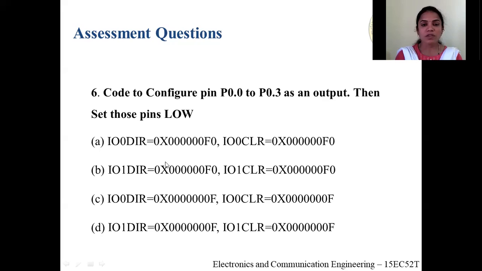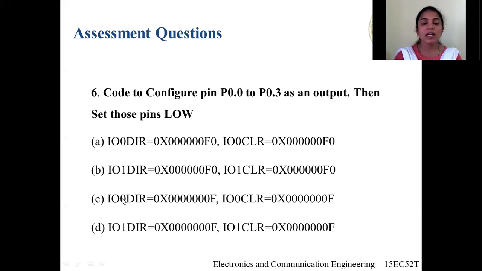In all the options we have both IODIR and IOCLR. Then we have to look into the port. Which port? Port 0. Then we check whether we are using the 0th register, IO0DIR, IO0CLR. Here there is a 1, so this is not the answer. Here also 1 is there, so this is not the answer.